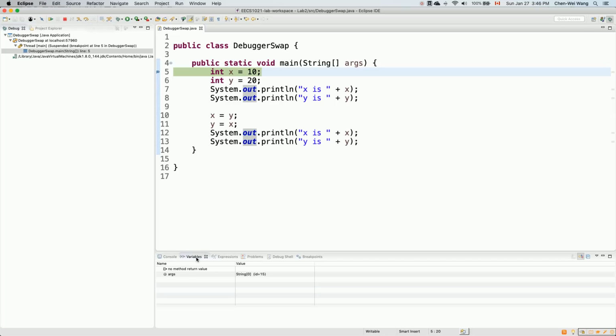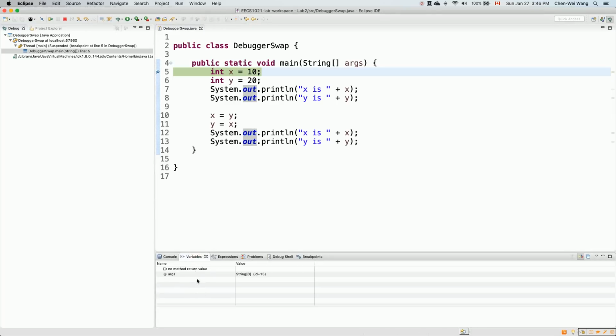Basically, in the variables panel over here, at the moment there's no variable. But as soon as we say step over, which will execute line number 5, we're going to see exactly one variable over here called x with the value 10, right? That's how I would draw it in the iPad illustration previously. Let's try that. If I click on step over, what you will see